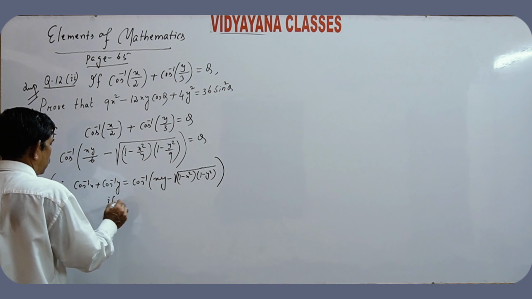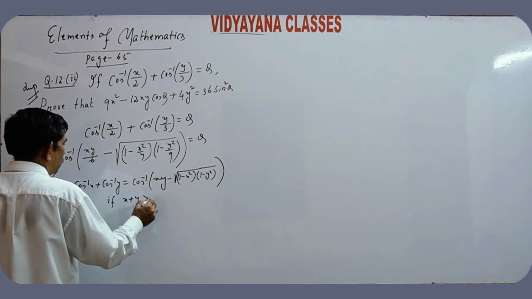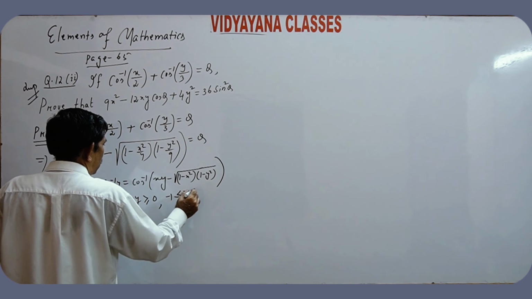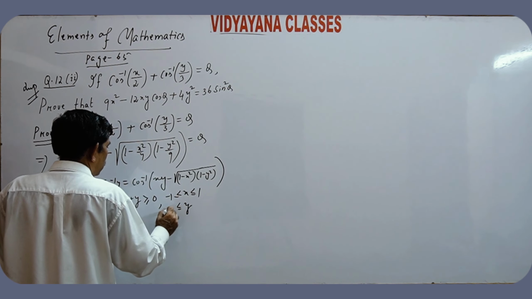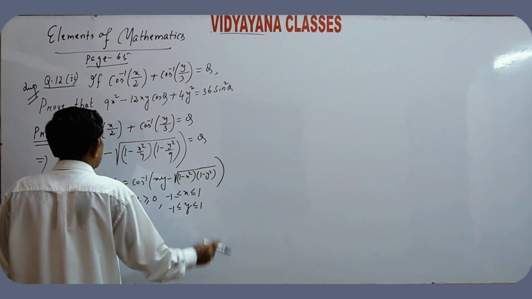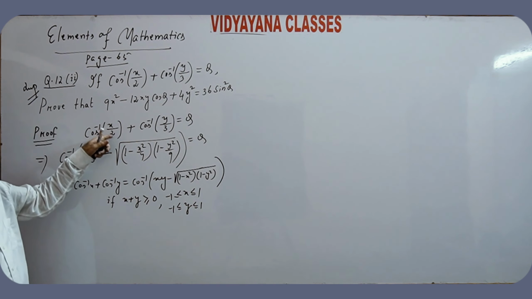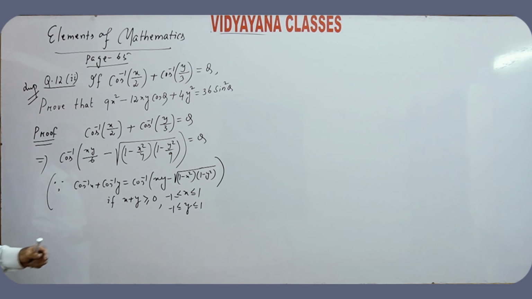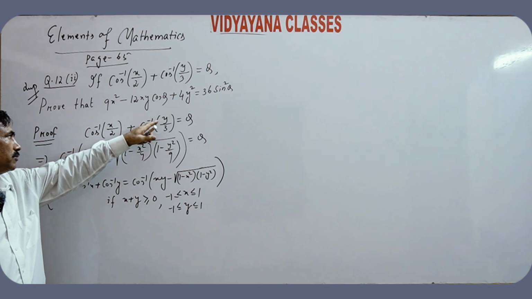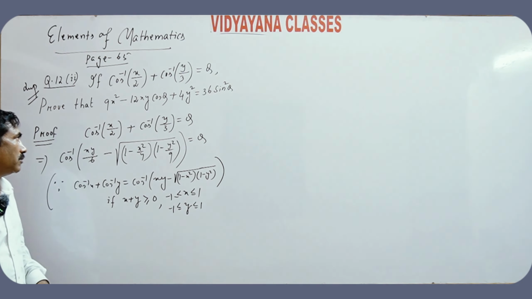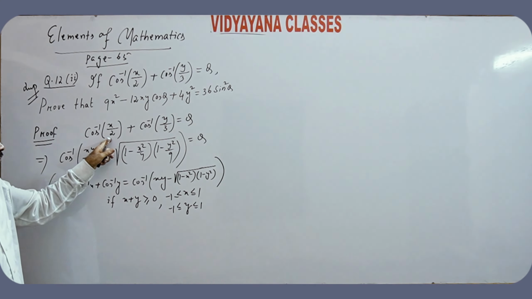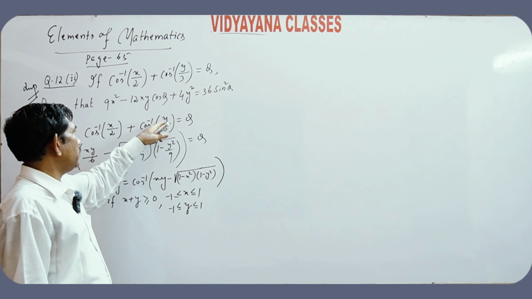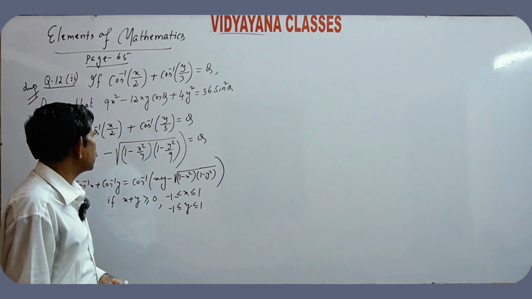if x plus y is greater than or equal to 0, x is greater than or equal to minus 1 and less than or equal to plus 1, y is greater than or equal to minus 1 and less than or equal to plus 1. Here x is x by 2 and y is y by 3. It is assumed that x by 2 plus y by 3 is greater than or equal to 0, and mod of x by 2 is less than or equal to 1, mod of y by 3 is less than 1,